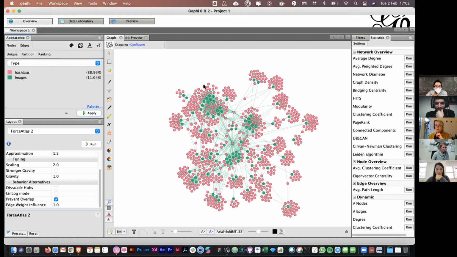Great, guys. Okay, now why do we want to do that? Because it is important for us to understand the difference between the hashtags and the image nodes. There are two types of nodes, and this already helps us to visualize what is hashtag and what is image. For example, we see there are a lot of hashtags and fewer images, and that is okay. So what we want to